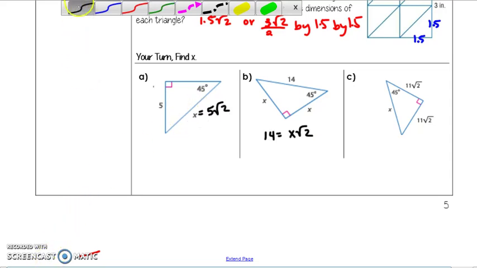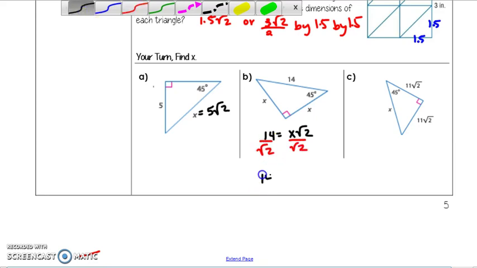First one we can just look at and say, oh, I just have to multiply it by radical 2 to get the hypotenuse. This one you have to work backwards. 14 is equal to x times radical 2. And then we want to divide both sides by radical 2